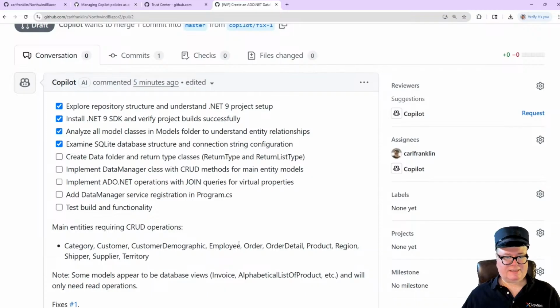So we've got a checklist here. It's made its own checklist, and it's already done 4 of these things, starting with explore repository structure and understand .NET 9 project setup, install .NET 9 SDK, analyze model classes, examine SQLite database structure, create the data folder and the return type classes, and then implement ADO.NET operations with join queries for virtual properties. After it implements data manager class with CRUD methods, add it to program CS as a service, and then test